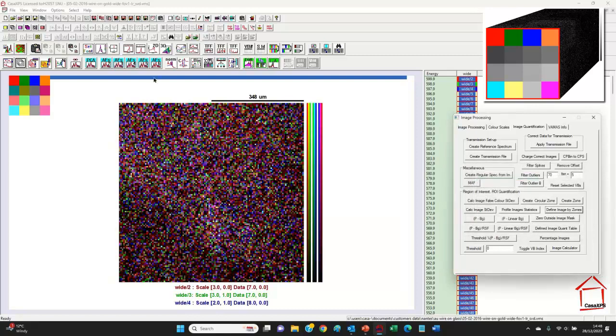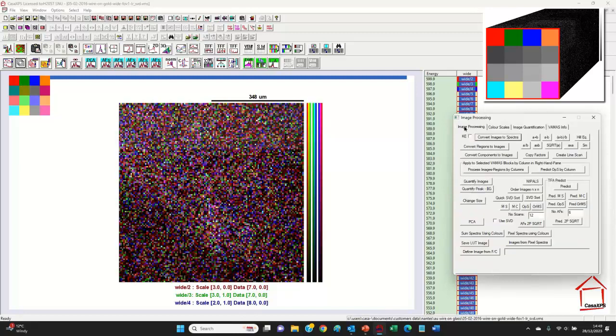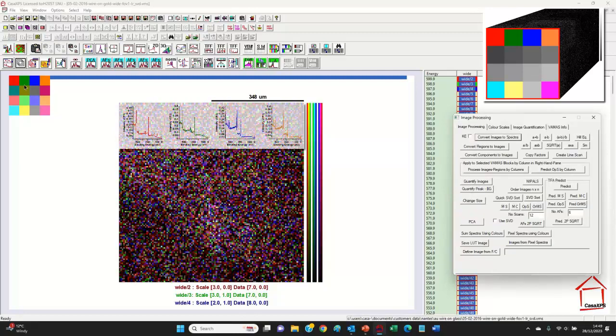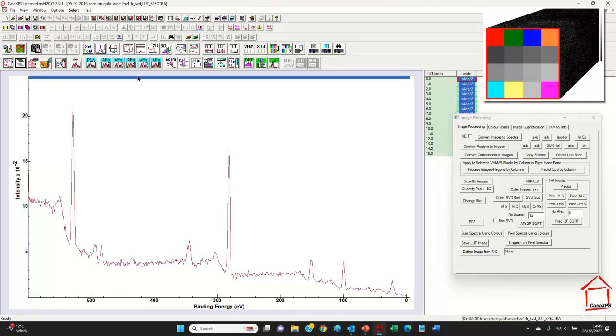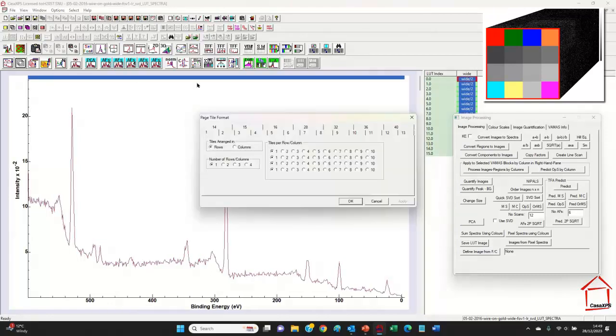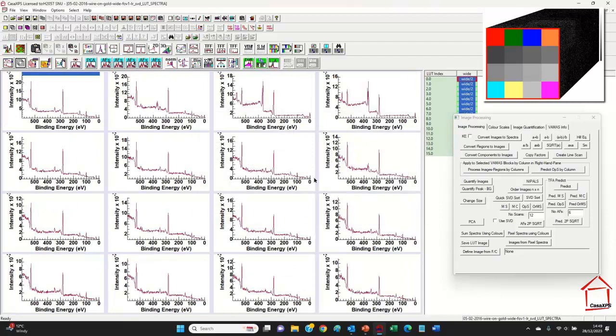And when I press OK, we see a set of squares with different colors that are related to the area that we see here on the image. And for each one of these colors, pixels will be summed corresponding to the position of the colors in this image, and spectra will be produced. And because this image appears up here, it means the color mask is active, so I can say sum spectra using colors. And then I end up with 16 different spectra, which I can see if I use 16 tiles,